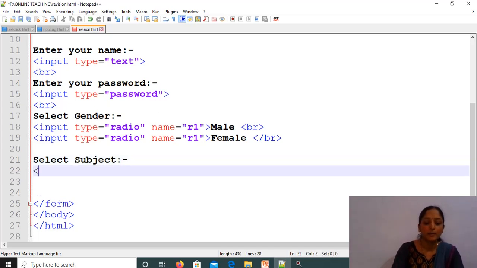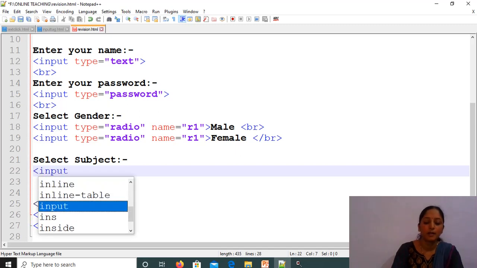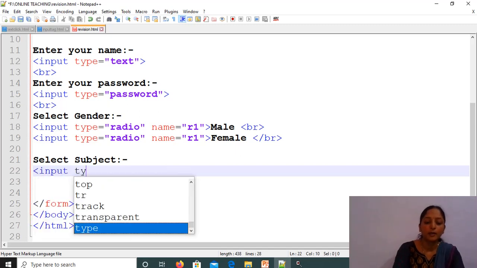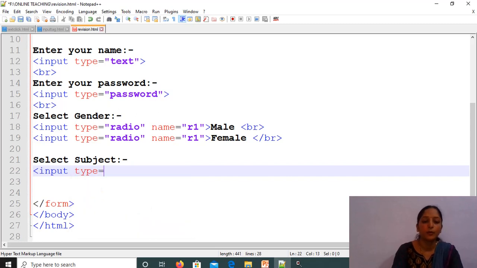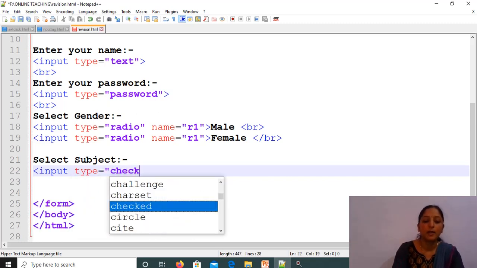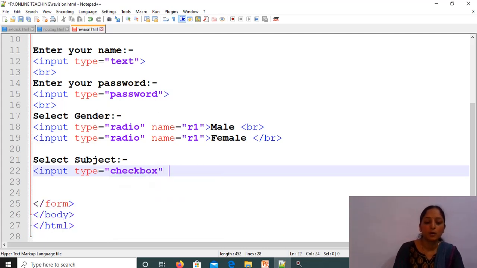Then to accept the subject from the user, if you want to show a list of subjects and accept a number of subjects from the user, multiple choice options are there. So we use checkbox here and then name is equal to, suppose, C1. Now here you may provide different names because at a time we want to accept more than one value. No need to make groups for the checkboxes.